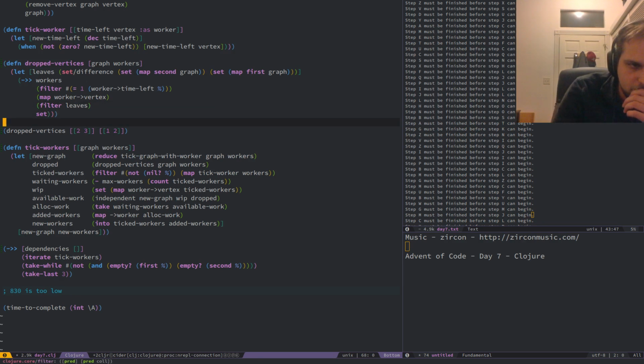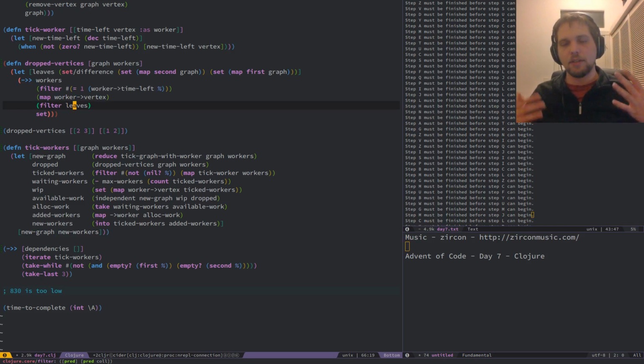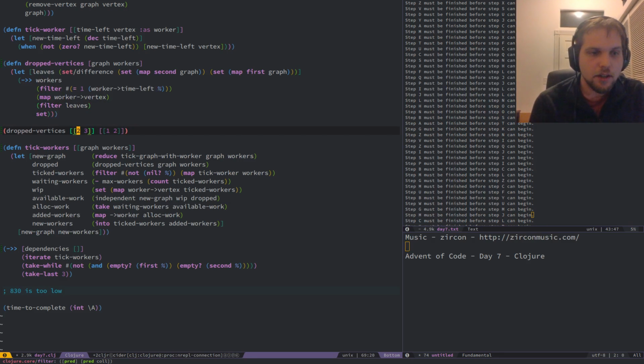So what I need to do, I need to get where all the leaves are going to be from the worker's done. This is exactly the wrong thing. I need to take the worker's work item. So for example, say they finished 2 here. I need to get the item on the other side of that in the graph. Oh boy, okay, I screwed that up.